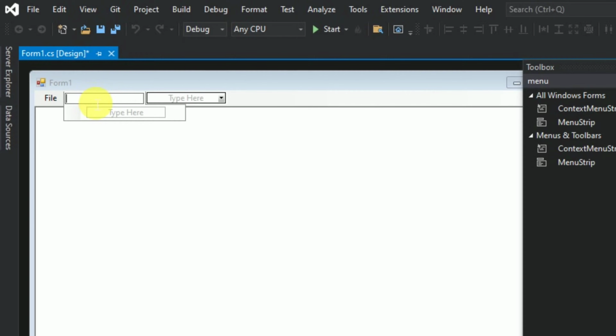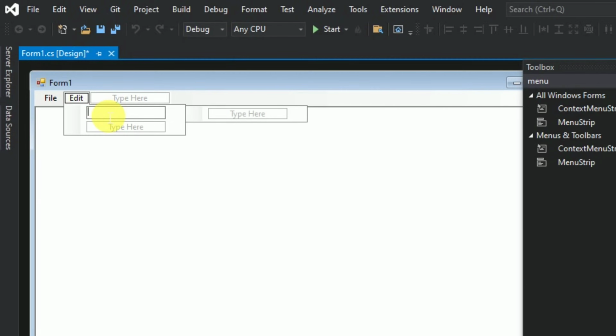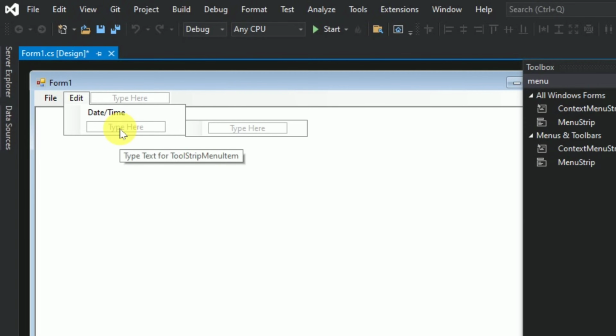Now I type on another field and here I write edit, and under edit I write date/time. Okay, so I type date/time and here again I type, so before typing I give a dash.